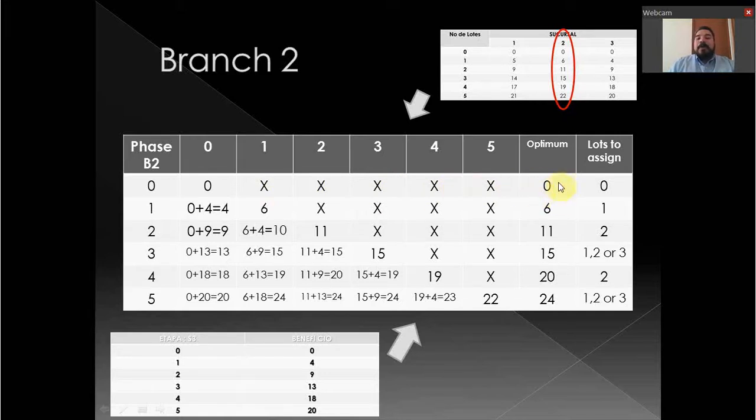So the optimum will be 0, and we have no lots to assign. But let's see what happens when we have 1 lot. If I have 1 lot in branch number 2, and I decide not to assign it to branch number 2, we have a benefit of 0 because we did not assign it, and we look for